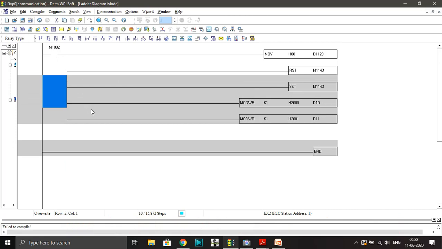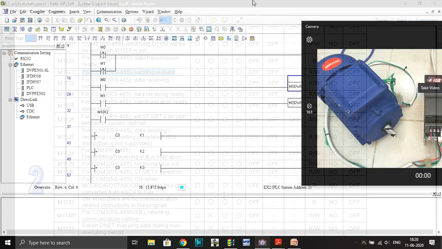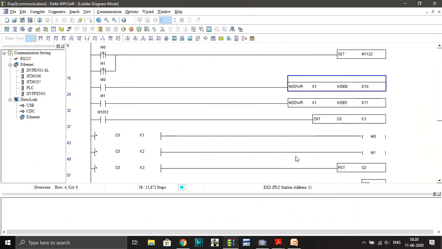For this half program, right now we will take this bit which gives a 100 millisecond pulse every time. That is one memory bit of the PLC. To give a clock pulse to our command instruction, I created a counter sequence here.